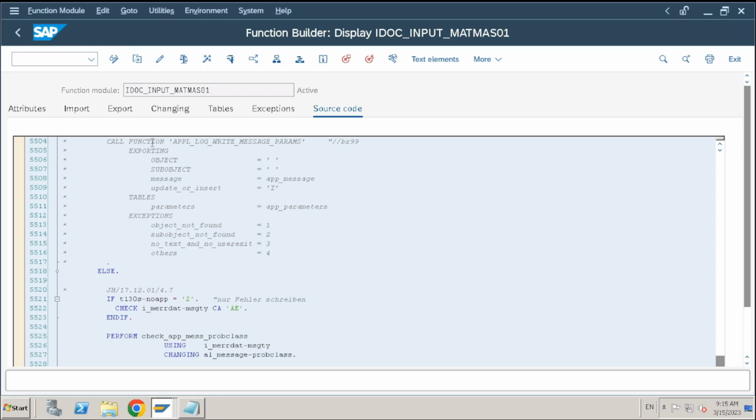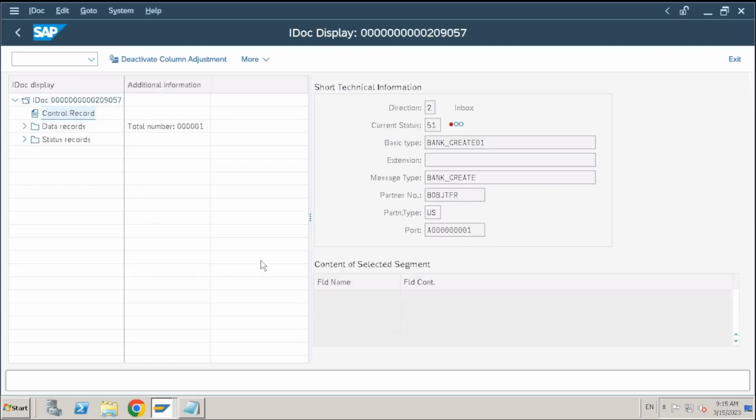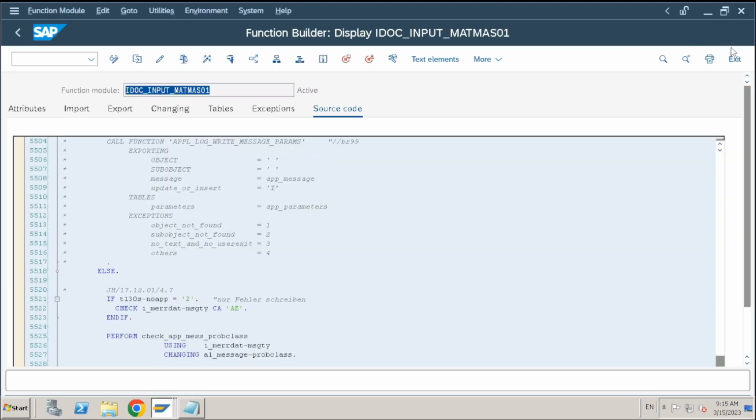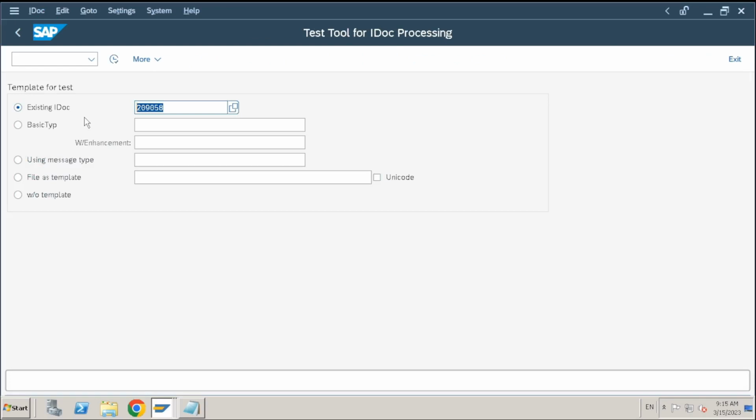Okay, you can find it later, but this is how you can find the inbound function module available for the message type. You can keep a breakpoint here and you can debug the IDOC. Clear? So this is the same process: first find out the inbound function module available, and then